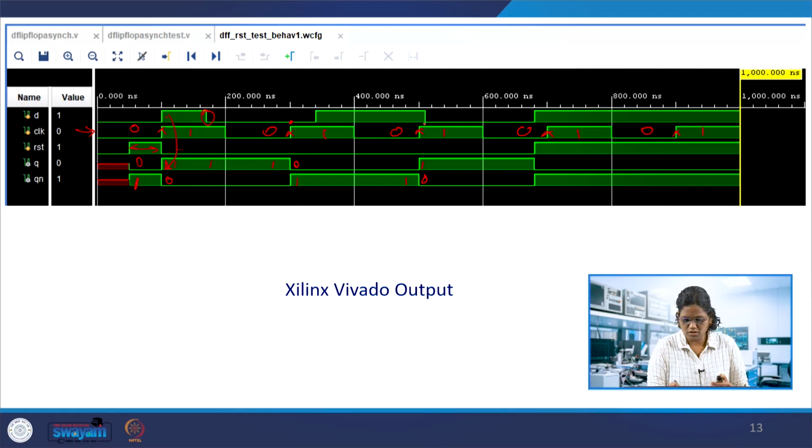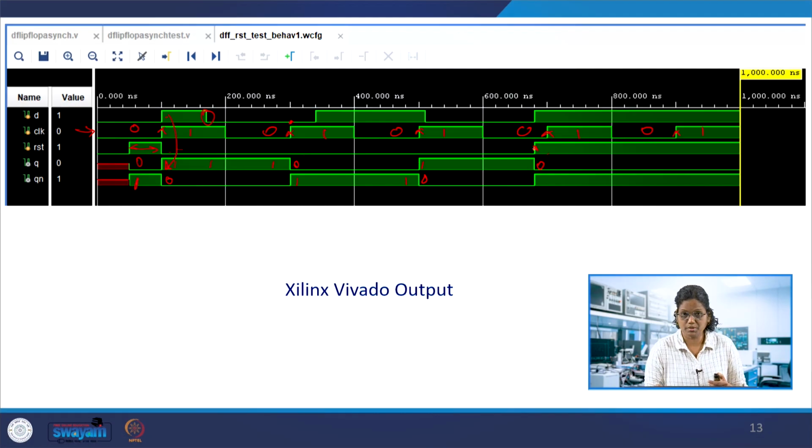So the data is changing after that, and that is not recognized by this D flip-flop, and it maintains this D up to the next clock edge. But you can see that at this point it samples 1, and it should maintain up to the clock edge here, but in between the reset is made 1. So in between this reset is made 1, irrespective of this clock edge and whatever the data may be, this immediately brings Q to 0.